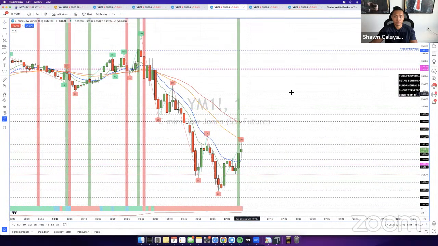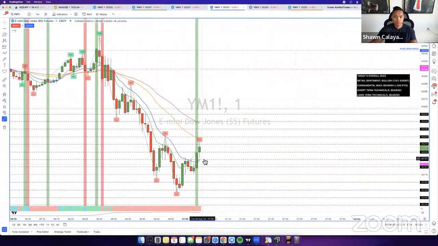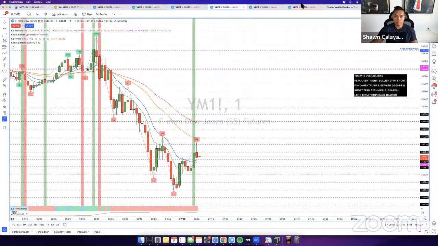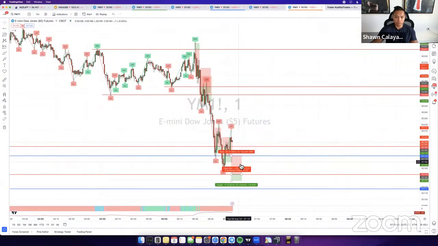So let's get a few moments for this to really decide where it's going to go. I personally wouldn't mind if it retraces up a little further, because then that's just going to fake out more people. If it retraces up further, people are probably going to chase the push to the upside, and then price may just come right back down. But it doesn't really matter to me too much. I'm just waiting for a confirmation here. Once we get that confirmation, we can start looking for possibility of continuation.